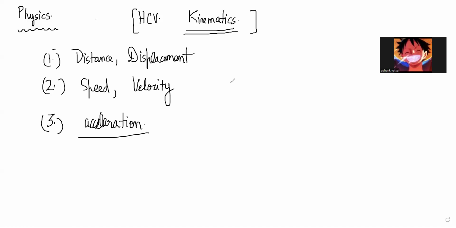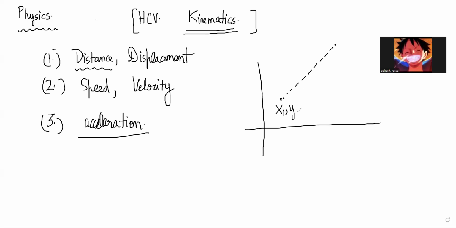Yes, sir. So, what is distance? The distance is a way of measuring how much length has been covered by a body when time is passing in a frame. So distance is simply the shortest distance between 2 points. If you take any 2 points, x1, y1, x2, y2,